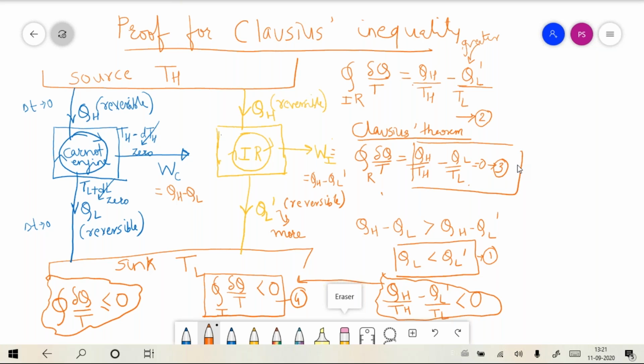If you do the calculation for a given engine and find that the cyclic integral of del Q by T becomes zero, then you can say the engine is a reversible engine. If you find that the value comes negative, then the engine is irreversible. One more beautiful thing: if it is more negative, it is more irreversible. What is the significance of the Clausius inequality? It is now bringing up the quantitative parameter